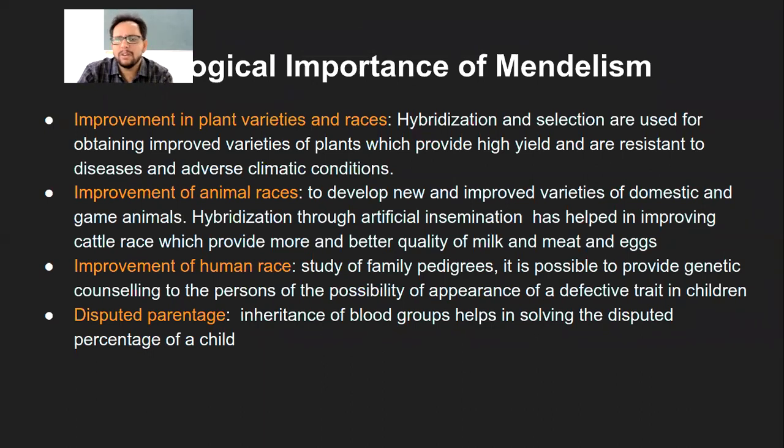Based on a particular hybridization or selection, these different breeds are used for crossing with each other, either to generate high yield, or to gain resistance to some diseases, or to be more prepared for adverse climatic conditions. So those genes are isolated, or those chromosomes are taken into consideration, and then they are used for producing the better variety.